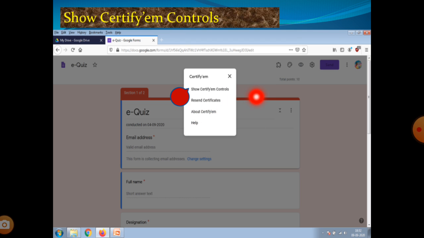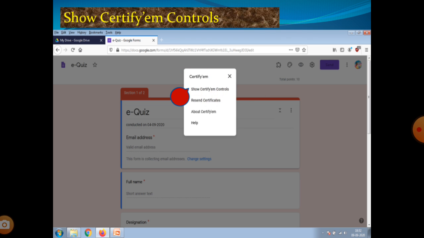As a teacher, I would like to conduct a quiz program. For that purpose I would first create the quiz form. After creating the quiz form, we will install the certificate add-on. After the installation, Show Certify controls is displayed whenever I click the add-on.